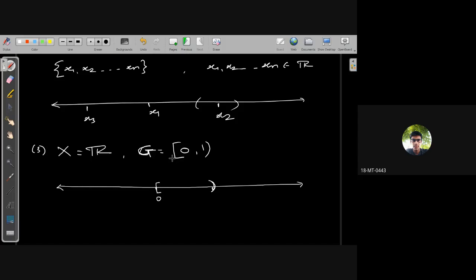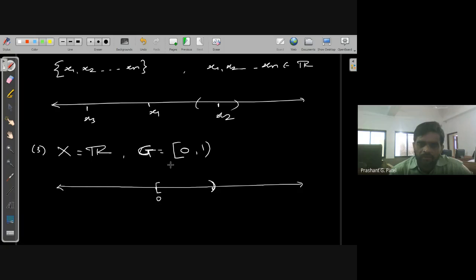Sir, for the point 0, you cannot find any open neighborhood which is entirely contained in your set G. Why?